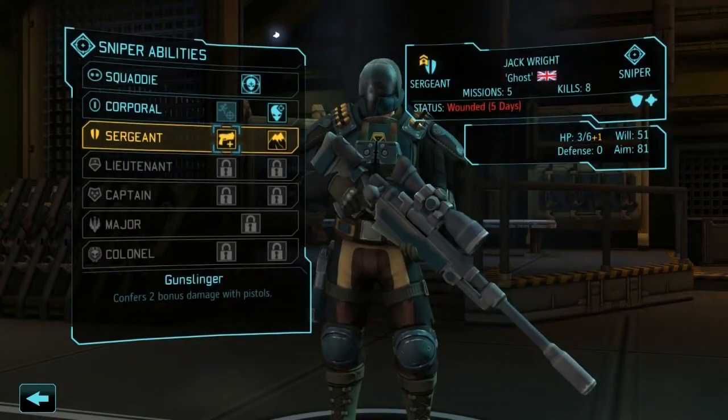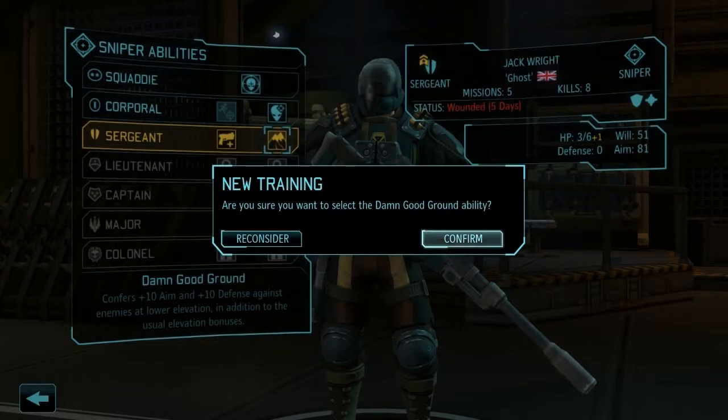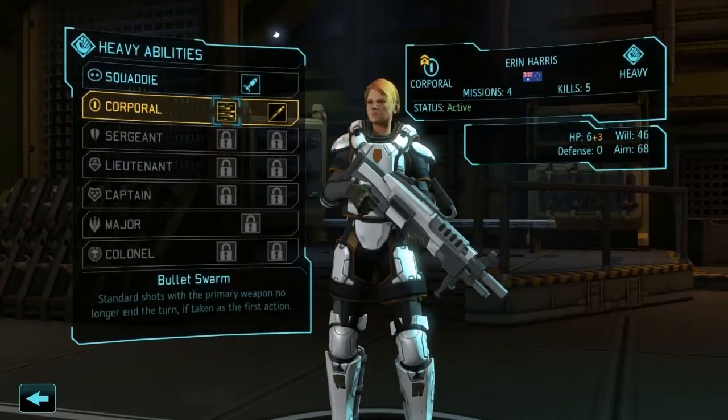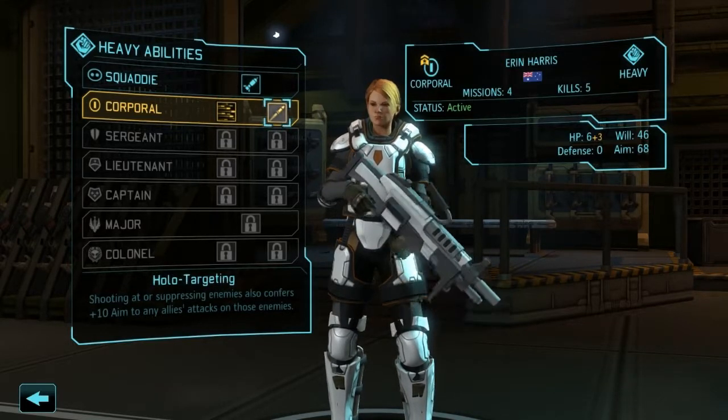Yeah. So what can we do? 2 damage bonus with pistols, or... Oh, interesting. I'm gonna go with this. Realistically, this guy is probably going to be just like the rock in the very back of everything. What'd she get? So she could do bullet swarm, which, oh. Okay, so she could shoot and then run, or she could... This is heavy. Shooting at or suppressing enemies also confers 10...